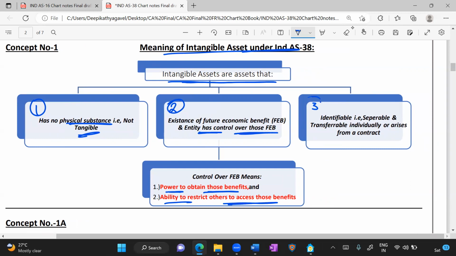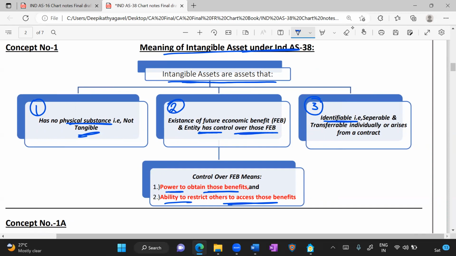And the third point, the standard says that the intangible asset should be identifiable. What do you mean by identifiable? It should be separable and transferable. That is why, as we read further what is not covered under intangible assets in IND AS 38, you will see that market share cannot be classified as an intangible asset because it is not identifiable. If I say I have 30% market, let's say I'm in manufacturing electronics, can you identify that? Is it separately identifiable? No, it is not determinable, right? So in that case, I cannot consider my market share as an intangible asset.